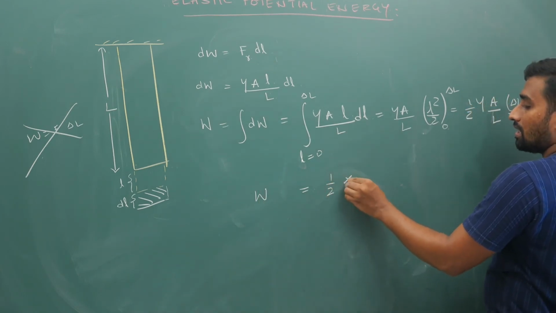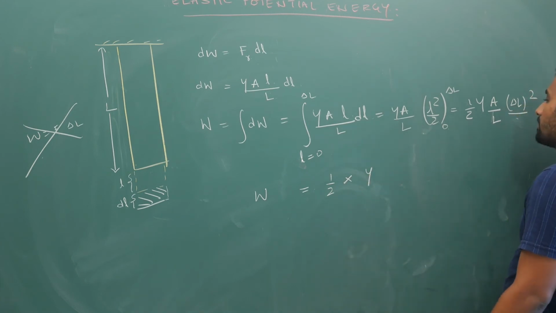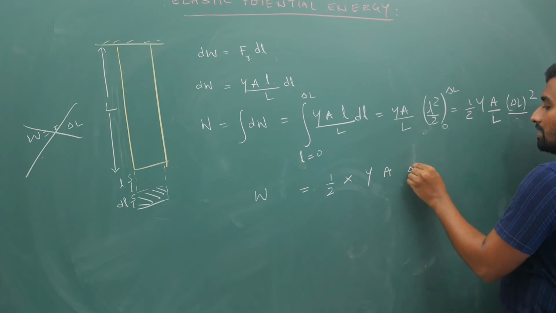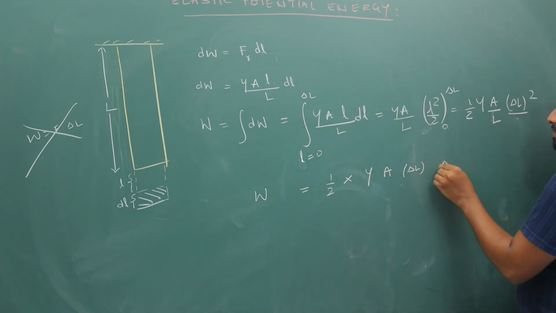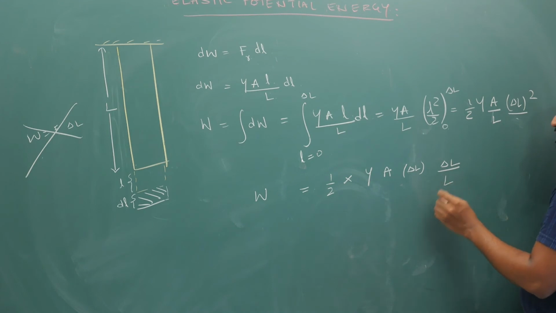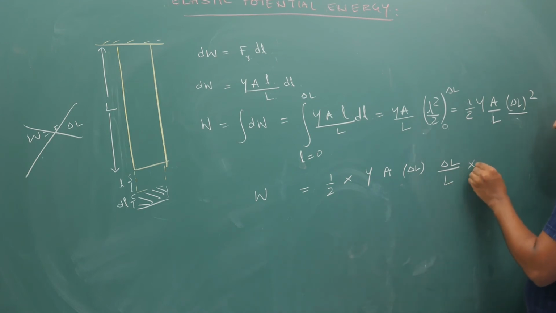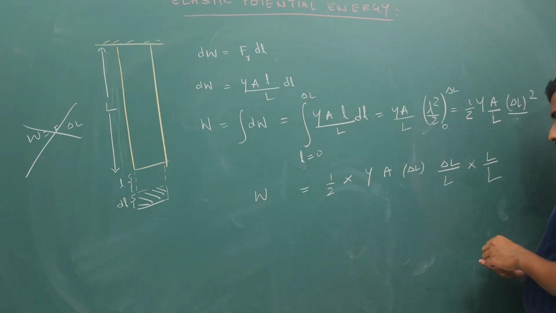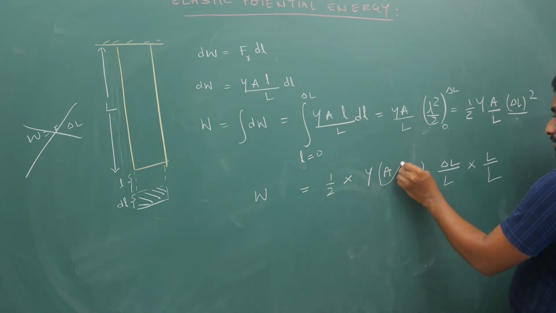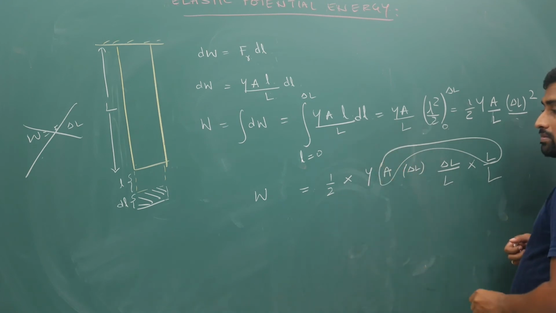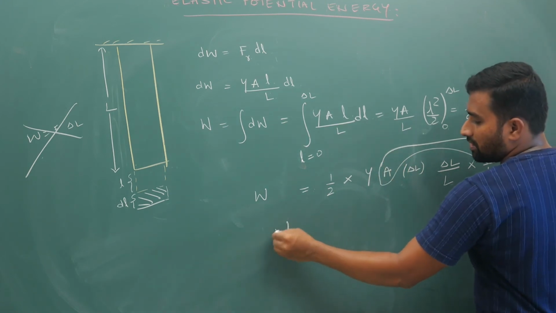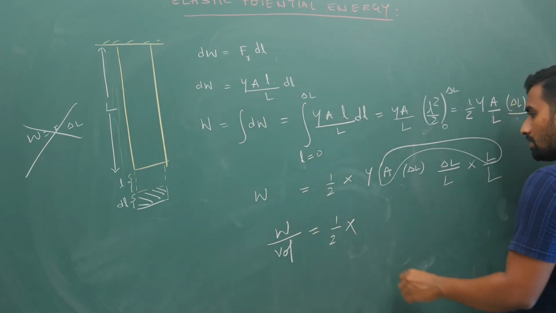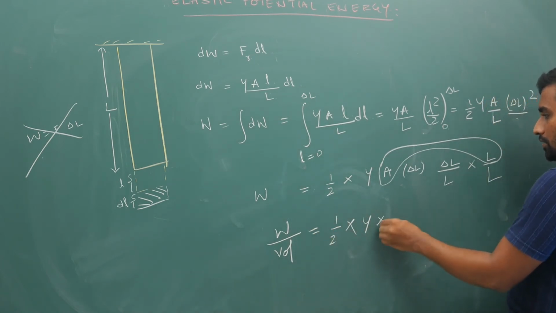This is half into Y times A into delta L times delta L by L. Now what I will do is multiply this with length and divide by length, so that the area into length part will become volume. So the work done by volume is half of Young's modulus into